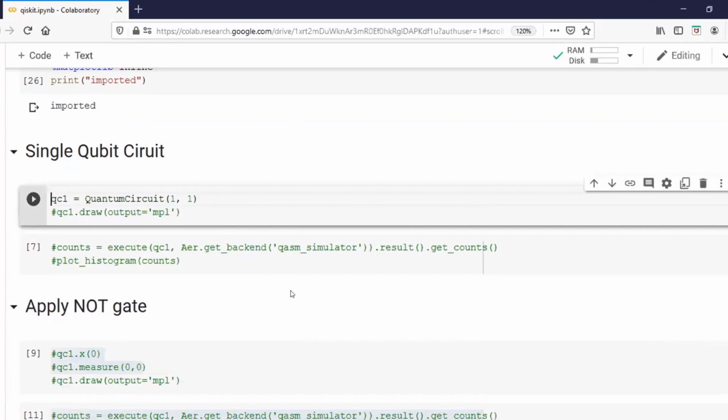So the first line of code is, I can give any name for this. QC stands for quantum circuit. Since it's a single qubit circuit, I'm giving QC1. I can give quantum circuit, I can give my own name, I can give any name. This is a variable name, and this